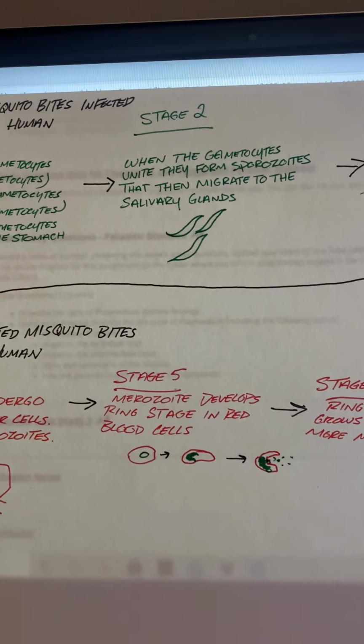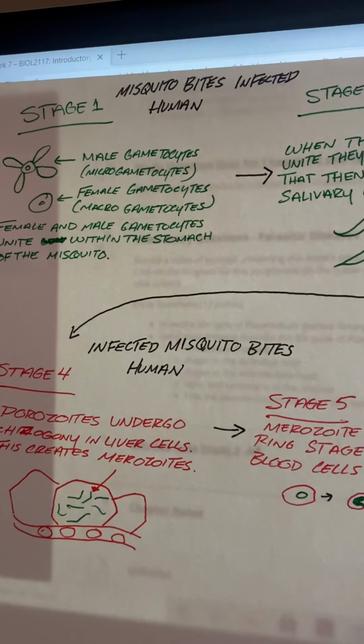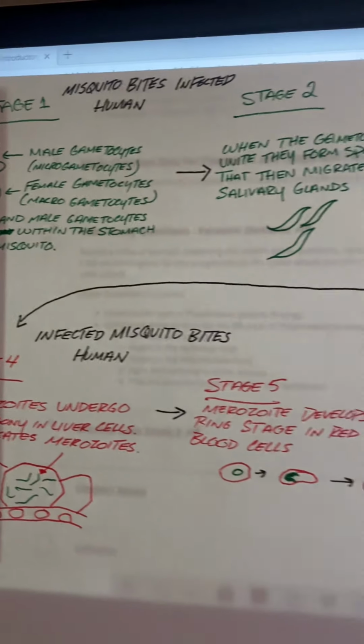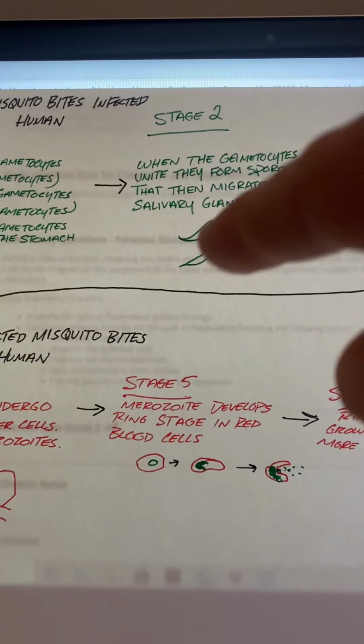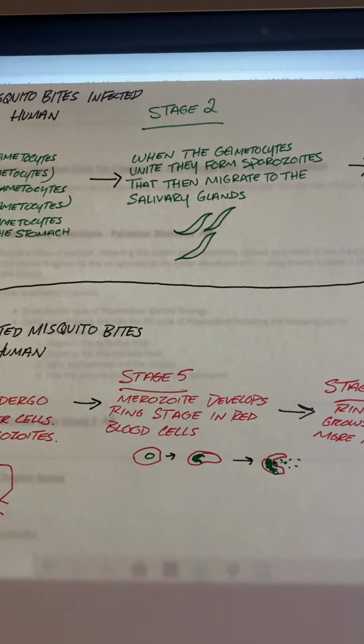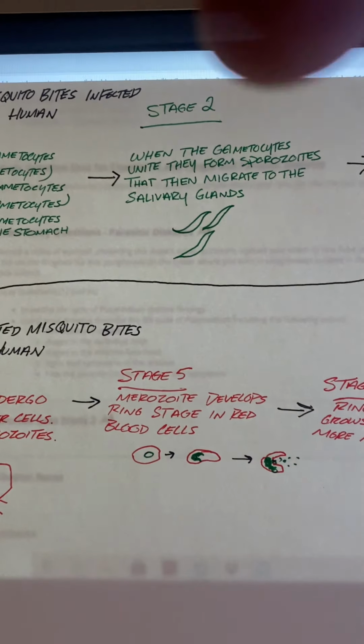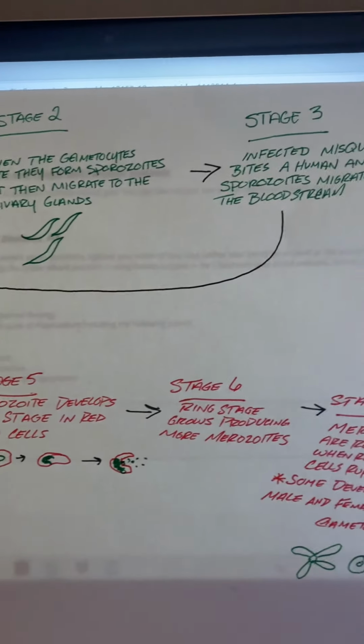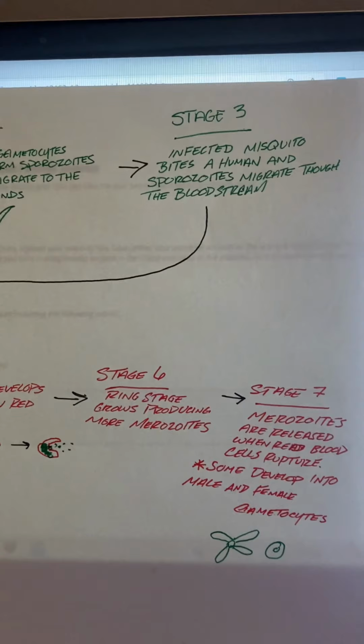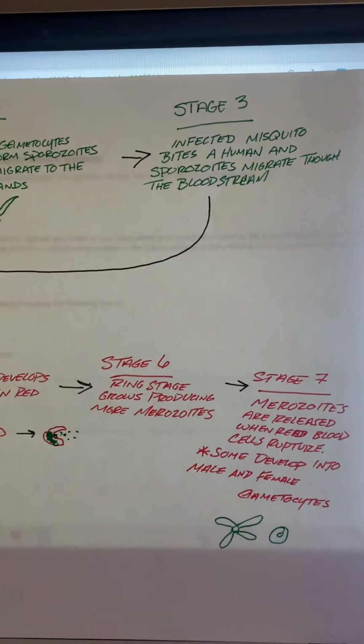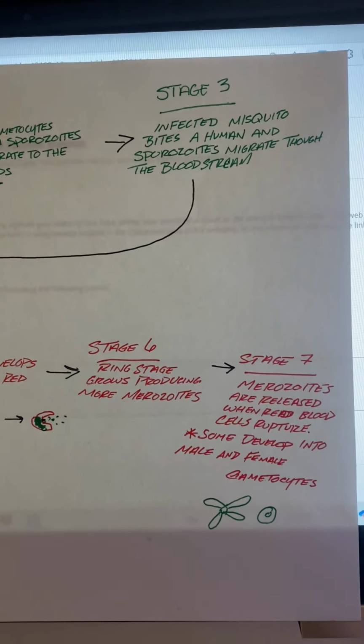Once they have formed and united together within the stomach of the mosquito, they'll then transfer down into the salivary glands of the mosquito. From there, they will then enter stage 3, where the mosquito bites a non-infected human, and